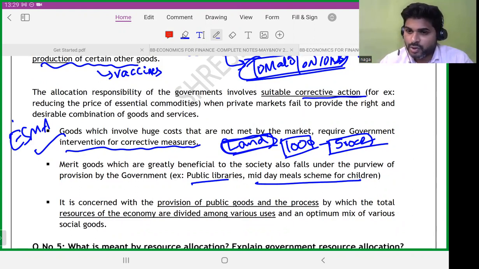So if the government is not doing this, what would happen? The education level would have been very low, and that would not help as a productive nation. If the people are not educated, the population will act as a big nightmare if the people are not productive, right? So these are the things that the government has to, in a way, provide. Government has to do the resource allocation function. Government should do that. All right.